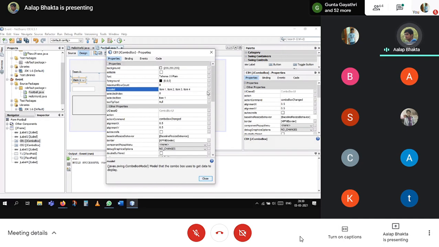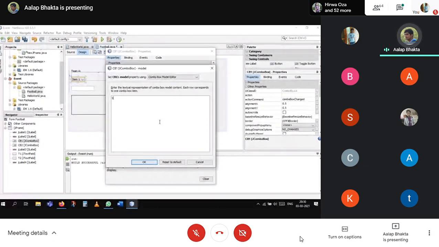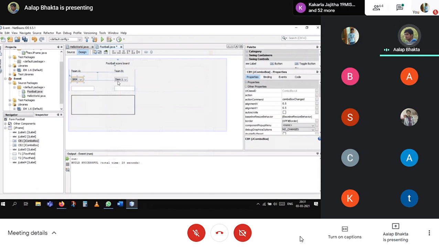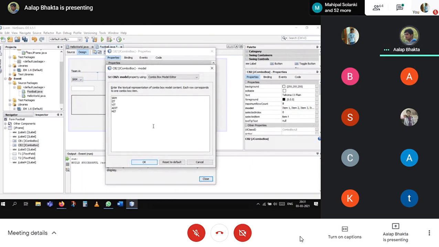I need to enter team names. Let's go for university team names: SRM, IIT, VIT, then ADIT, then MIT. So there are 5 teams over here. I'll update the same list over here also, because it will be an inter-college football match.